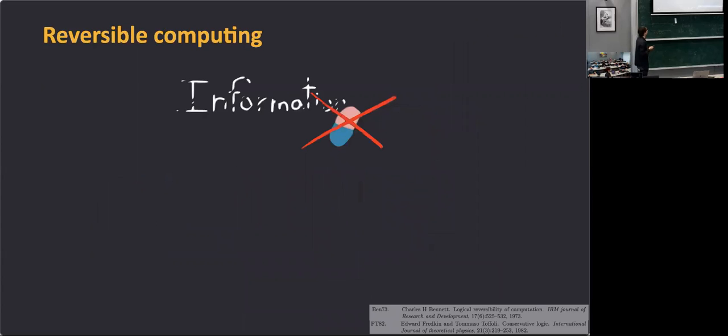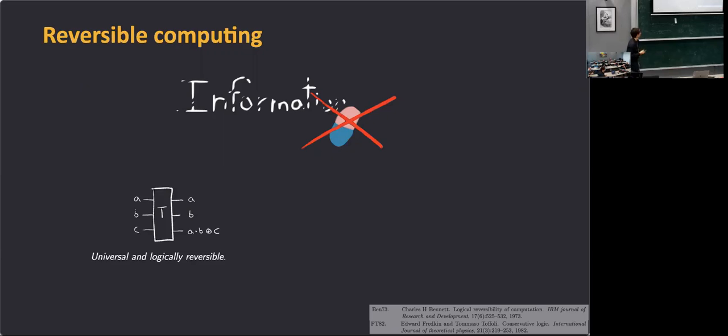And this brings us to reversible computing. So what kind of operation were we allowing the daemon to do? We were allowing the daemon to do any kind of computation, as long as it was not erasing information for free. And this reversible computing has been shown to be logically universal,